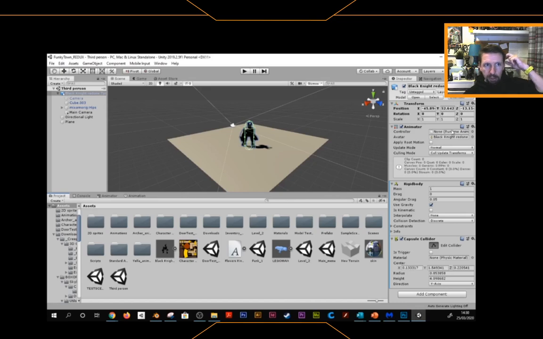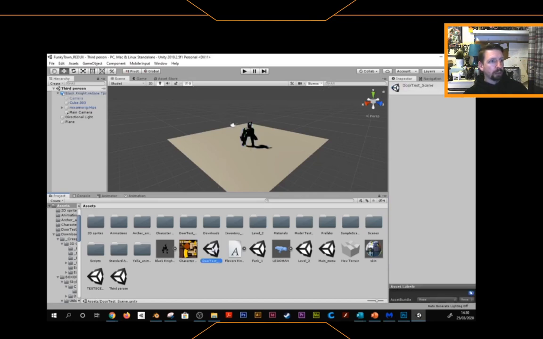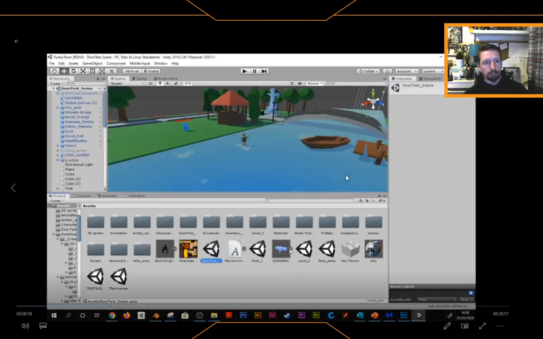So the animator doesn't have a controller, and that's what we need to put in first. And we're going to use our